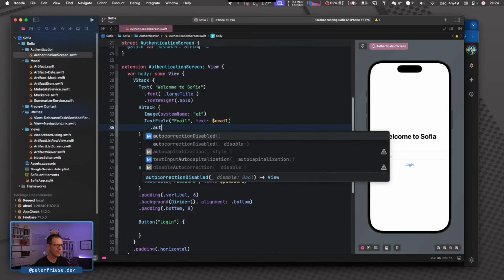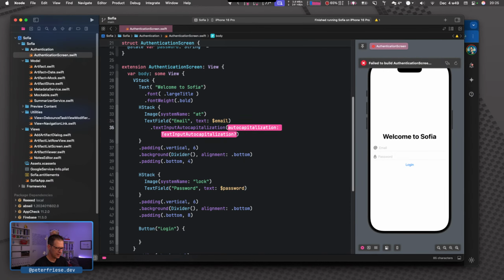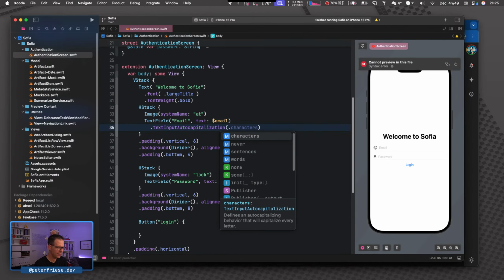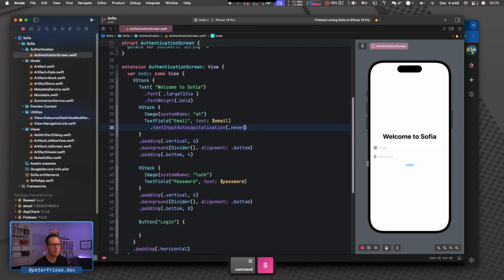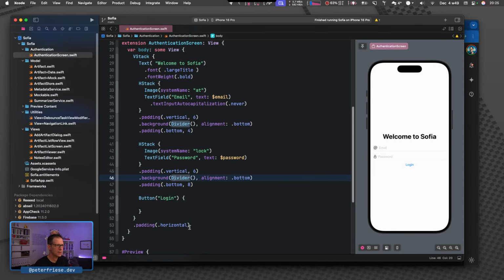So auto text input auto capitalization, and we want never. Okay, like this. Cool. And then, login. That is what we want.